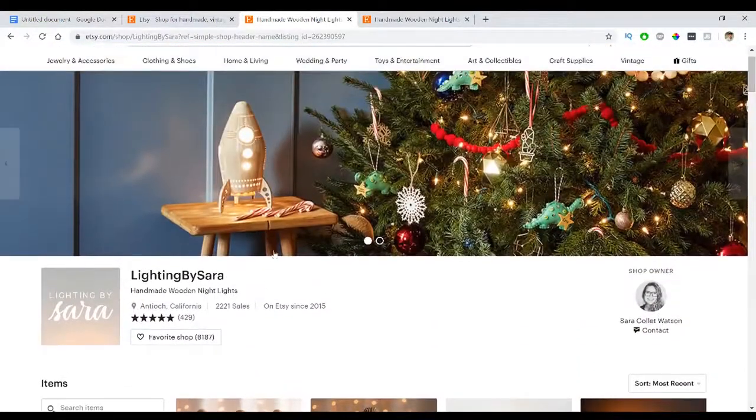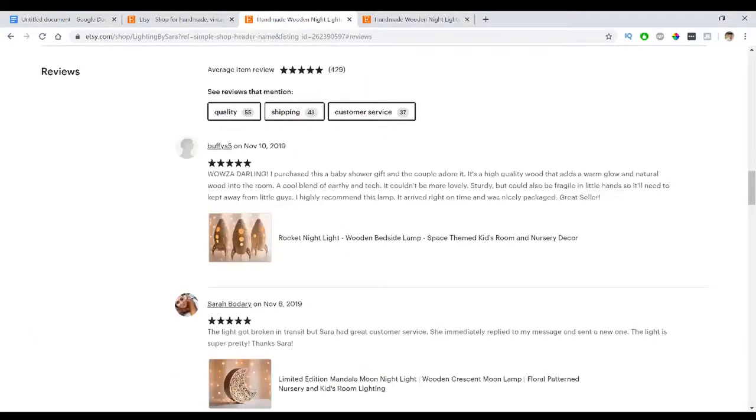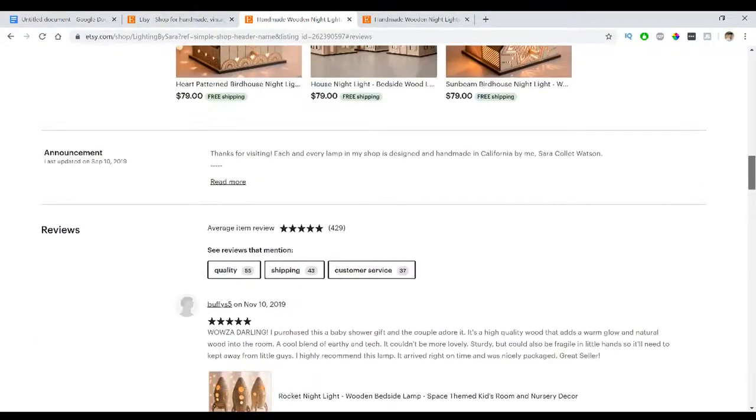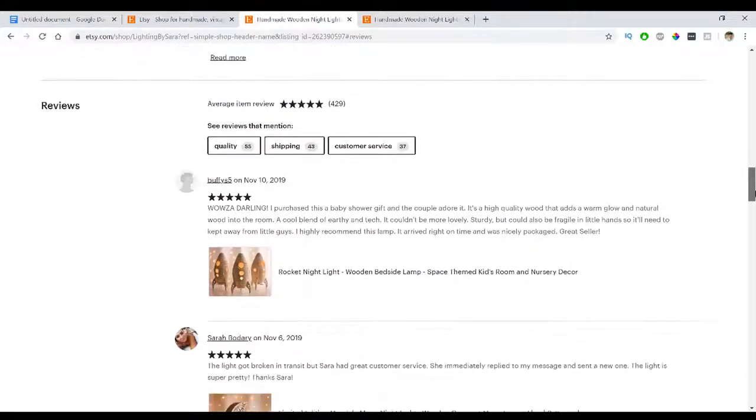Another way that you can do it is you can go to the store's reviews, and in the reviews, you can actually see which item is getting the most reviews, or you can just see which items are being highly reviewed, which ones you maybe should avoid, and this way you can get a good idea of which products you should be selling from this supplier.